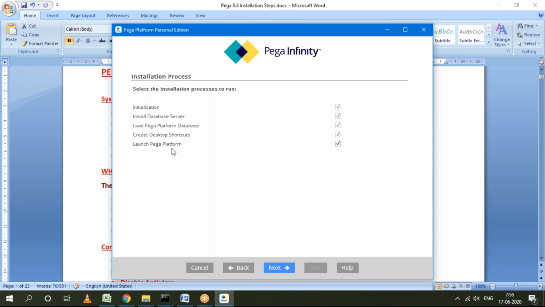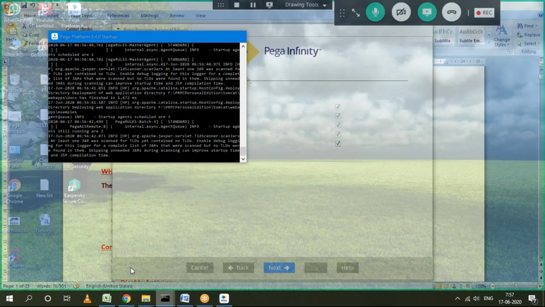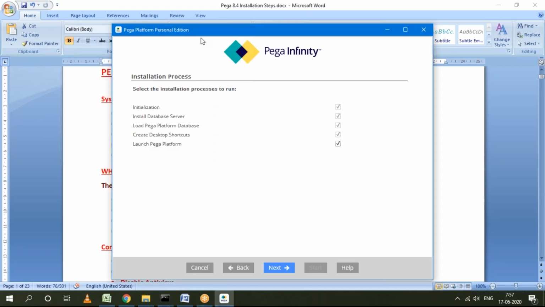See here, this Pega Personal Edition works on an intranet server. So whenever you want, you can work on the Pega application without an internet connection. Whenever you want to work on the application, you have to start the platform server manually, and then while working, the command prompt will be open. That command prompt will be running in the backend. We have to minimize that and open the application in the browser. That I will show you. No need to worry.